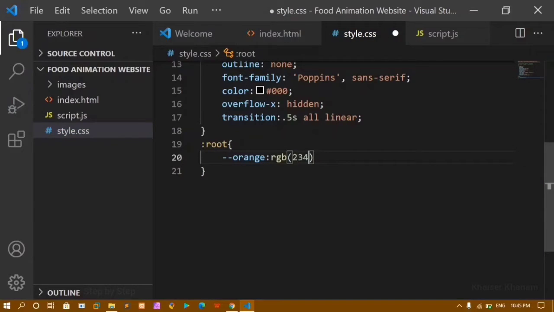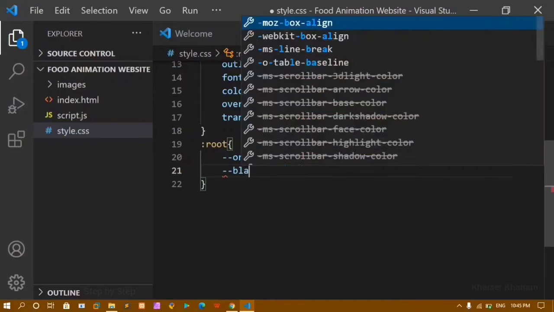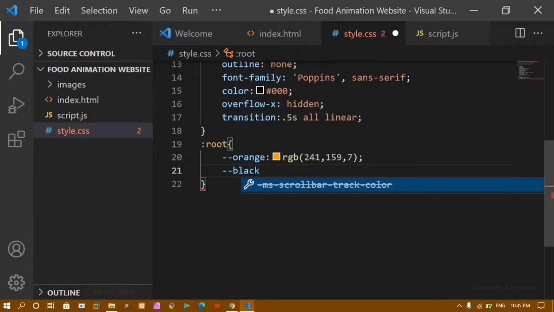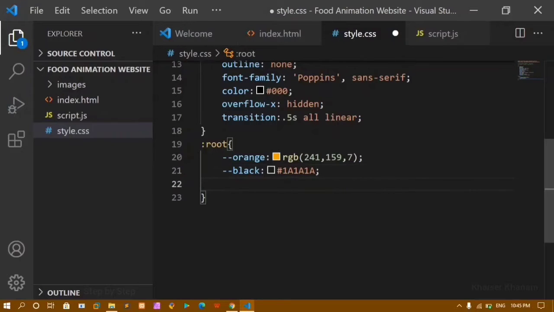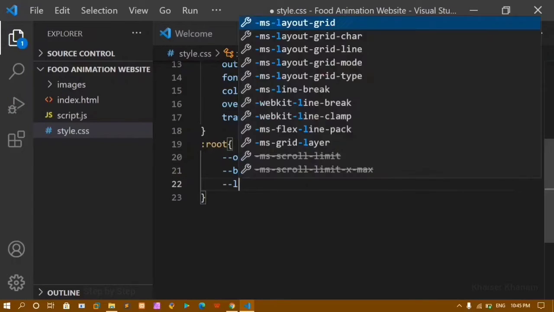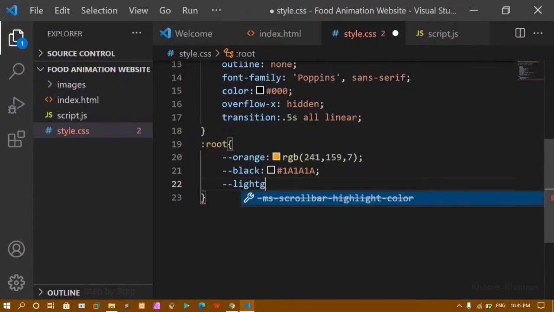RGB value is nothing but I'll just give here 241, 159, 7. Okay, this color I have chosen. I'll just create one more variable. I'll give my variable name as black, and for this let me just give here 1A, 1A, and finally I'm just going to give one more color, light gray variable, and inside this I'm just going